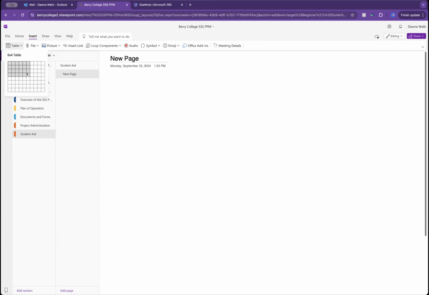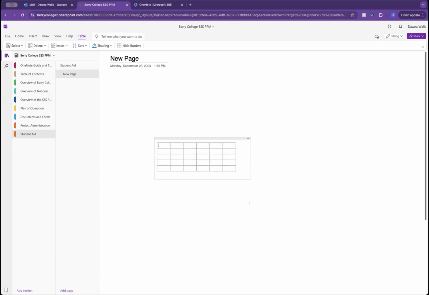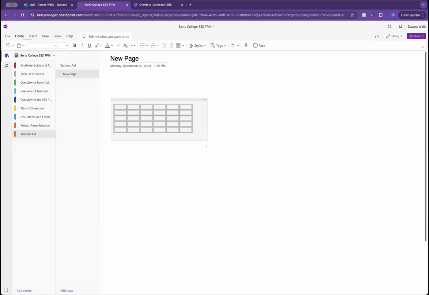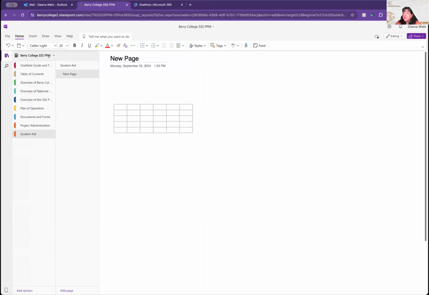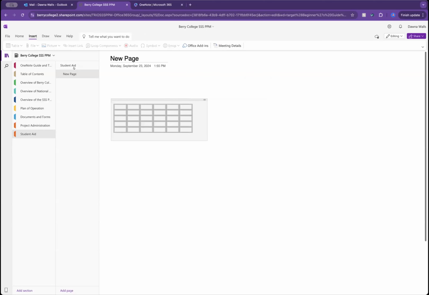Yeah, you can insert tables. You just choose the number of cells that you want, and you can edit it. It's not as robust as maybe tables in Word, it seems like to me, but it does work. And I just wanted to note that I am using the Mac version, and so it may look a little different than the Windows version. It looks the same to me so far, believe it or not. Okay. Let me get rid of this table or move to a different page.